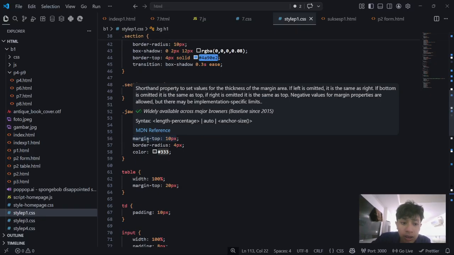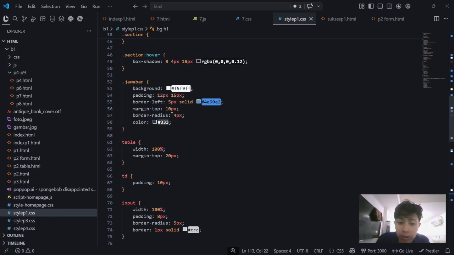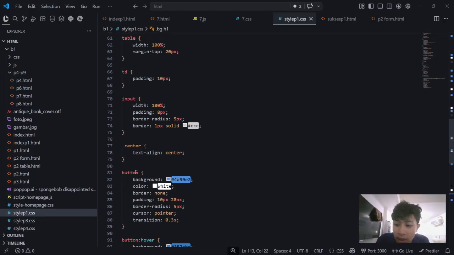Input fields are styled with padding, borders, and rounded corners to improve usability. The button is styled with a blue background, white text, and a hover effect that slightly enlarges the button and makes it more interactive.